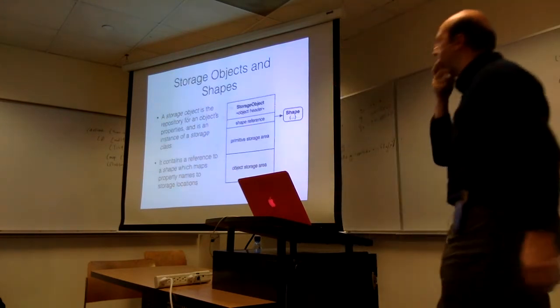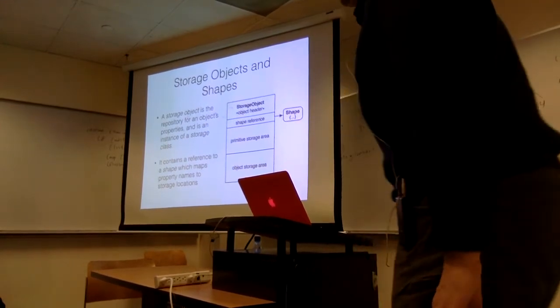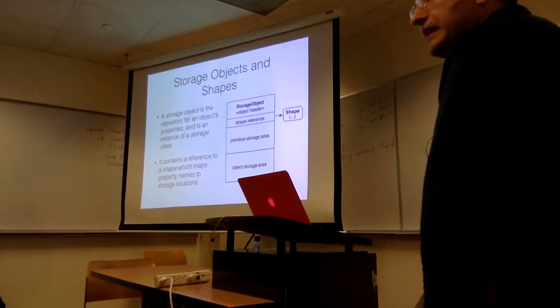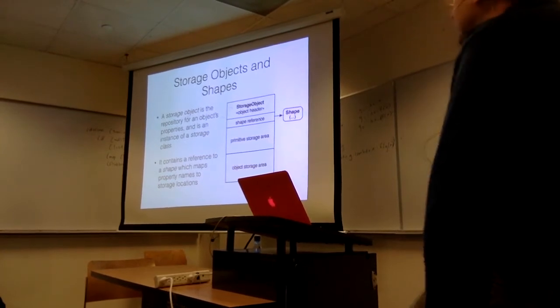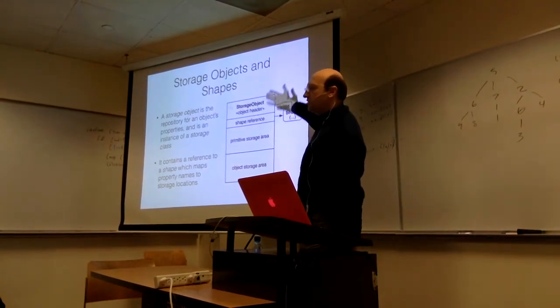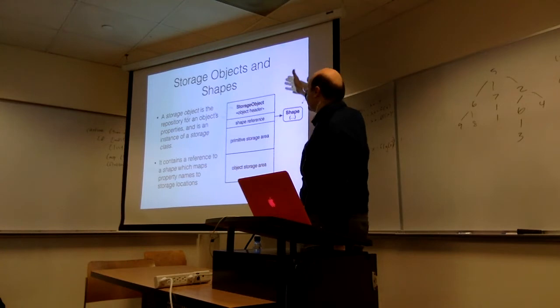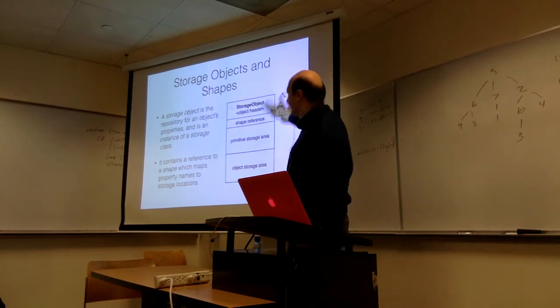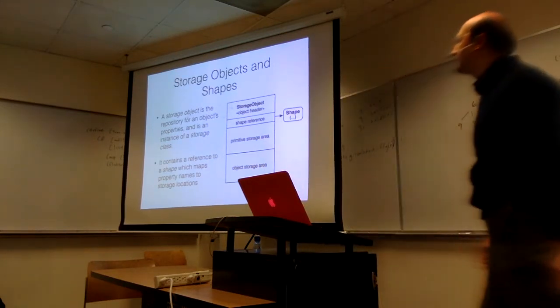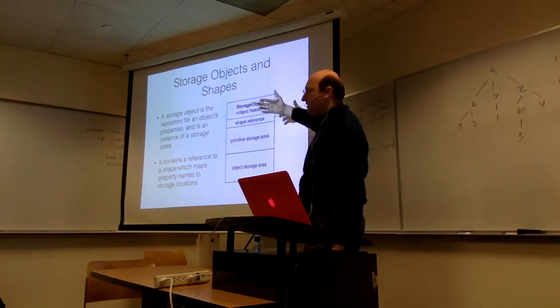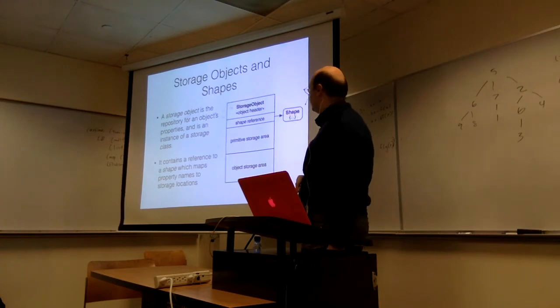So let me show you some pictures to explain that. Underlying each object, there's a thing called a storage object. And a storage object looks a bit like a regular object, except it has the shape reference. Now, in the object header, because it's a Java object, there's a Java class that it points to. But the way to think of this is the shape reference is a bit like the map in Self. It points to something that is the metadata for how stuff is laid out in here and how to look things up. And then, because this is implemented in Java, and you have to statically distinguish between primitives and objects,